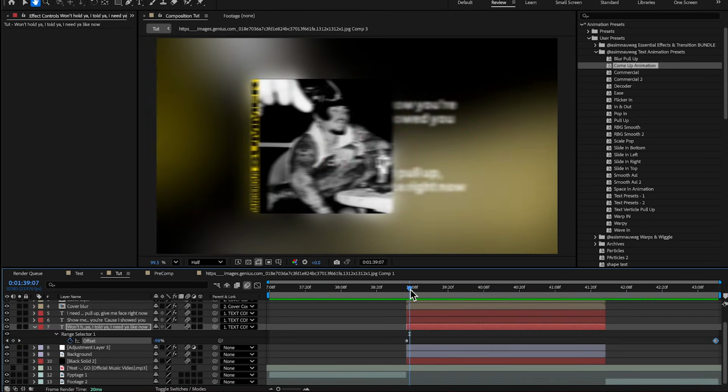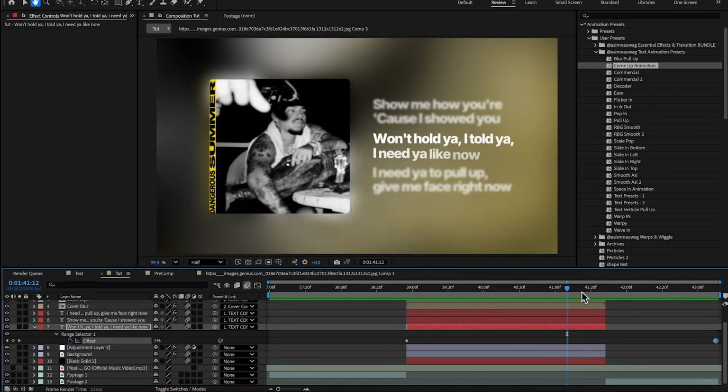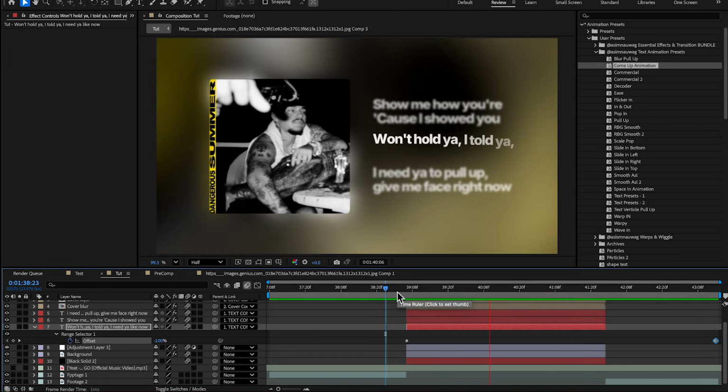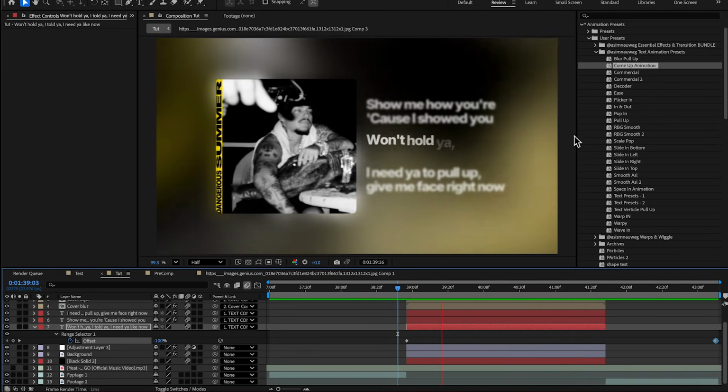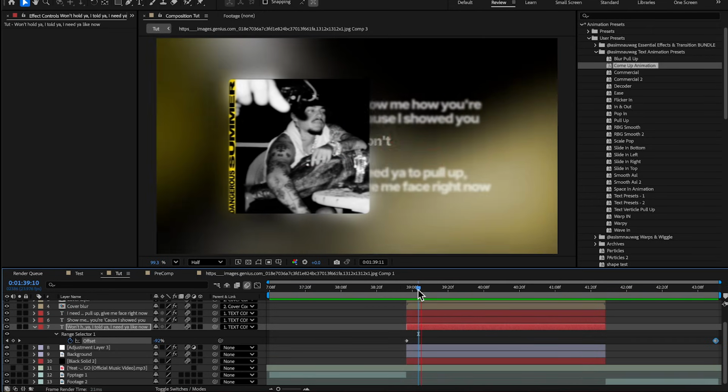You can hit U to bring up the keyframes to adjust the duration, and I'm gonna spread it afar so it goes pretty slow, something like that. And now if you play that through, you can see we have this really smooth text animation in just a